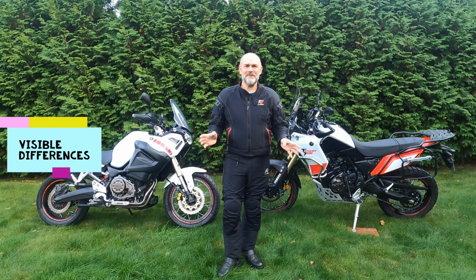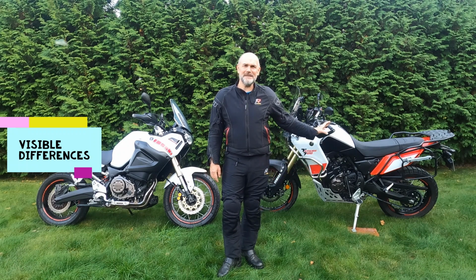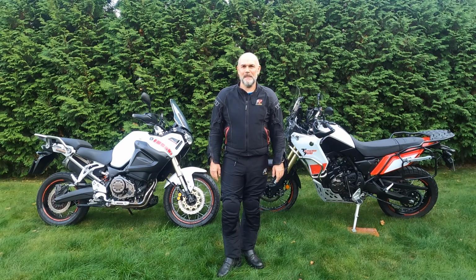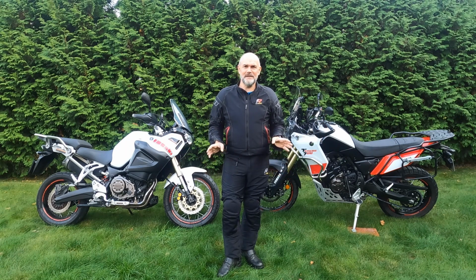So guys, let's talk about external differences. Tenere 700 is a slim bike with a narrow seat and narrow fuel tank, which makes it easier to move forward when riding off-road. It weighs 199 kilo without fuel, so it's on the heavy side of off-road bikes, which usually weigh around 150 kilo. It has a higher center of gravity than Super Tenere, but because it's lighter,